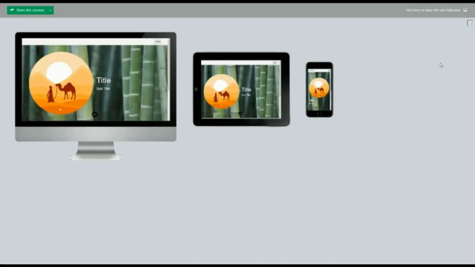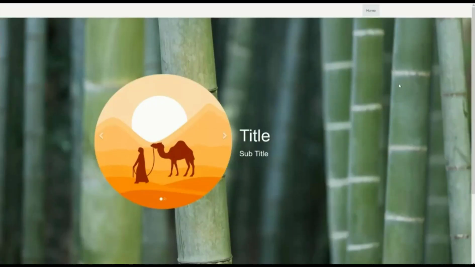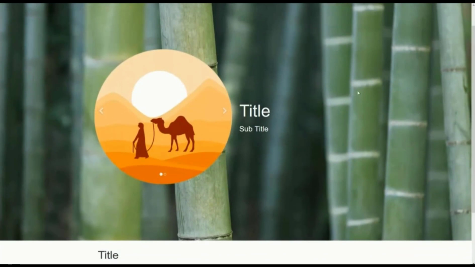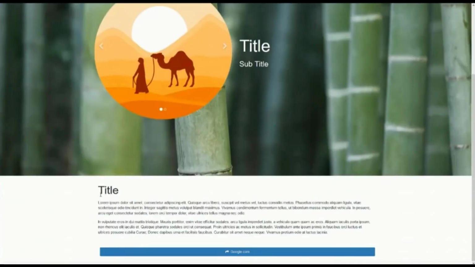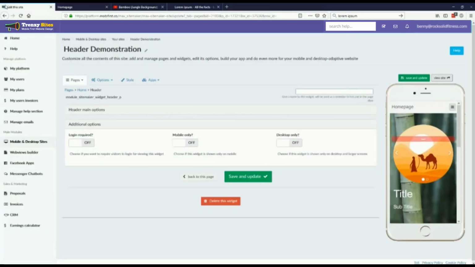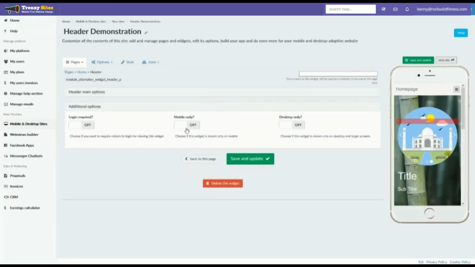So you can see on the larger screen, that bamboo actually is a bigger picture, so you can see more of that picture right here. Whereas on the smaller screen, it's a smaller picture. You can see less of it. So it still works for the small picture, but let's go ahead and give that bigger screen like a video instead, which works better on computers usually. So if you go ahead and view the site, you can see it is a much larger picture, and you can see the title and the image right there, or the link. Sorry. So if we go ahead and switch this to mobile only,